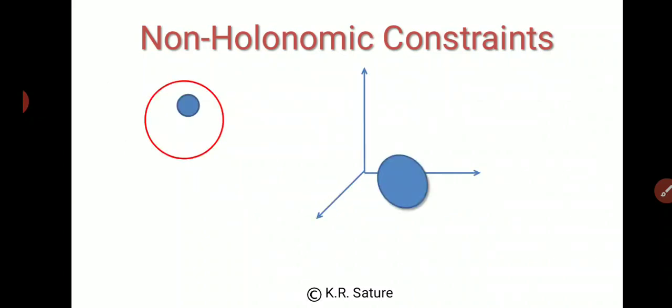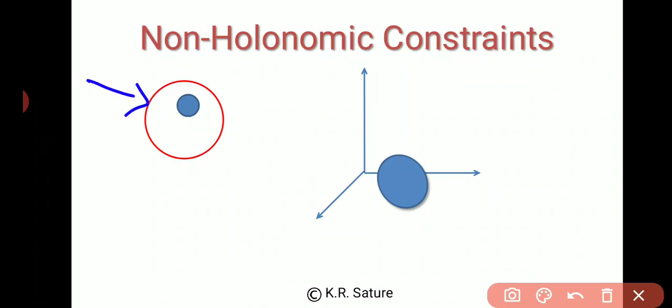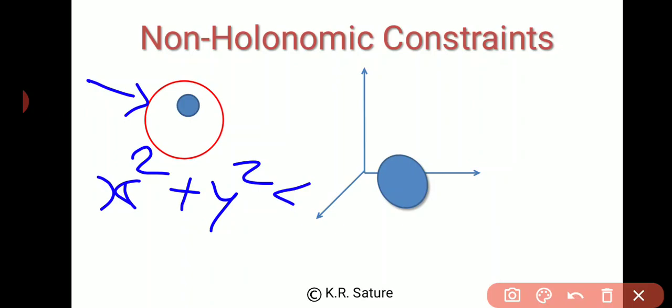Let's see an example. The same example, a particle on a circle, but this time we are allowing that particle to move inside the circle. So what will be the position of that particle? Think. Okay, so the answer is this. The equation for this is x square plus y square has to be less than or equal to r. If it is inside the circle, the position is less than r, and if it is on the circumference, then